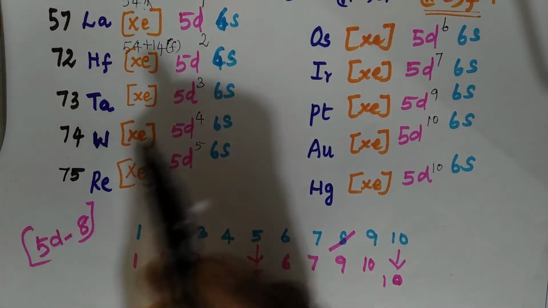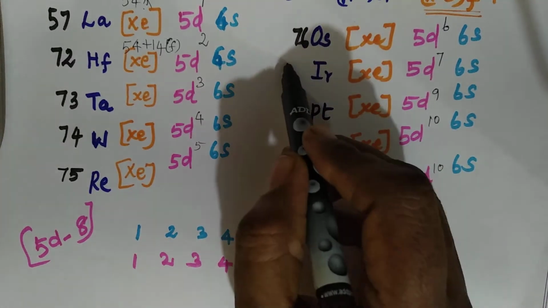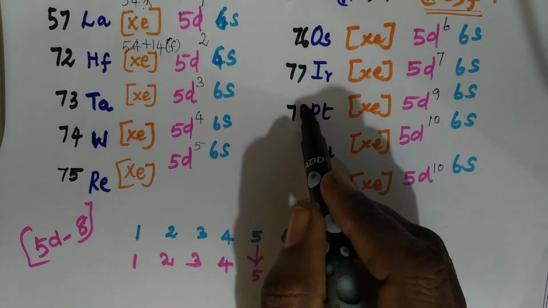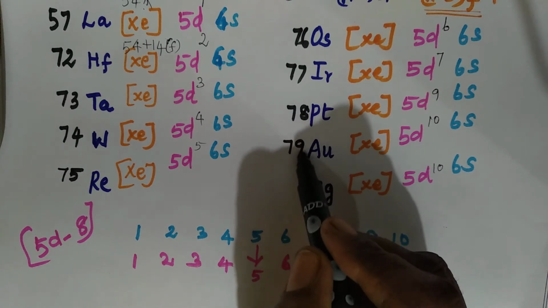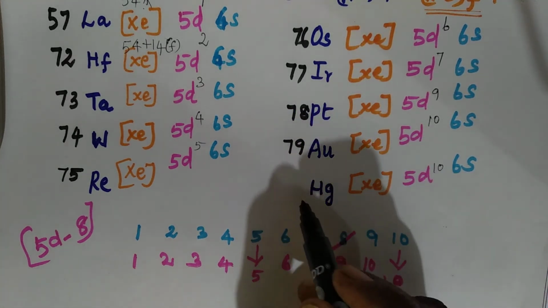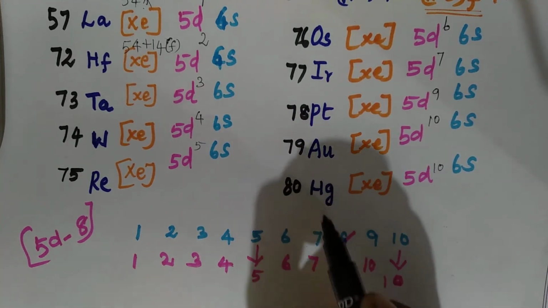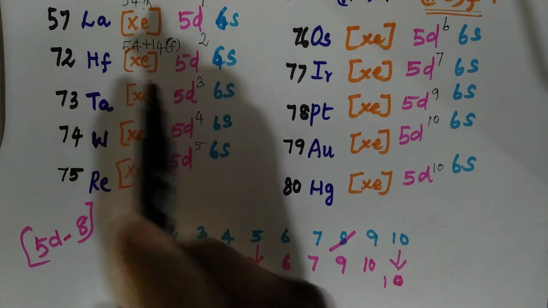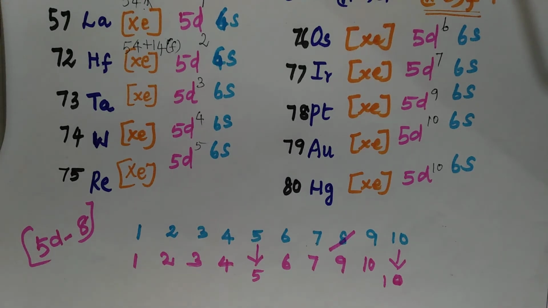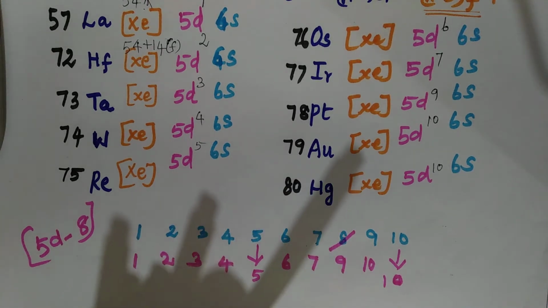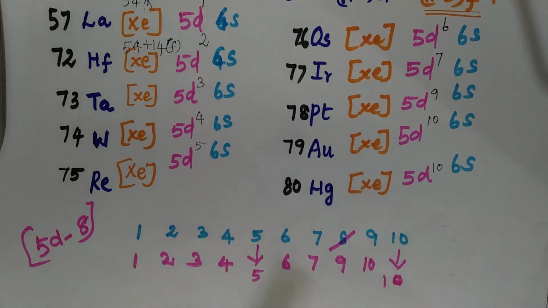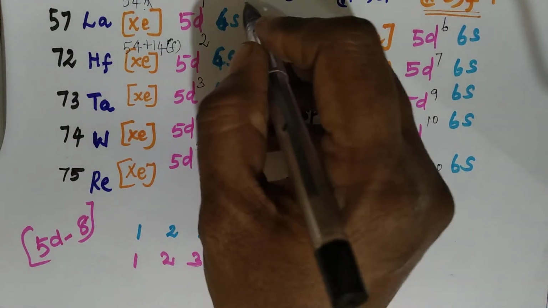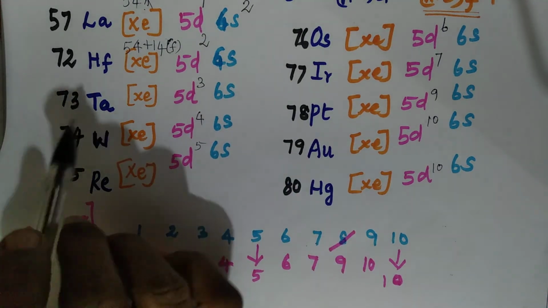Then you write as a consecutive number. 74, 75, 76, 77, 78. Hope you know that number of electrons is nothing but the atomic number, right? So there is no change in that. 80. Okay. So now I write down the number of 6s electrons. 54 plus 1, 55. 57 minus 55, 2. So it is 2. Then 72.